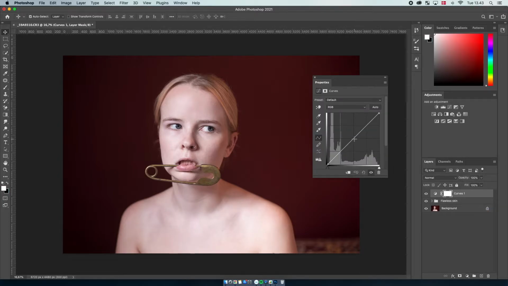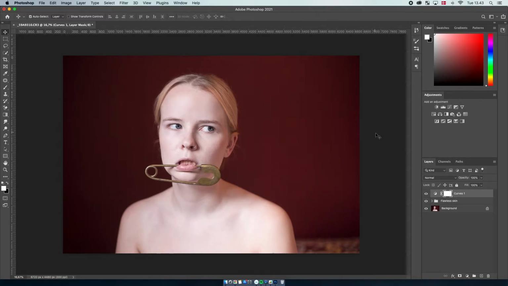And then we're just going to drag this line a little bit up, and as you can see, it makes the overall image a lot brighter. And I think somewhere around here is pretty good, like that. And then you're going to click Command I, and that just removes the whole effect from the whole image, because we have created a black curves,